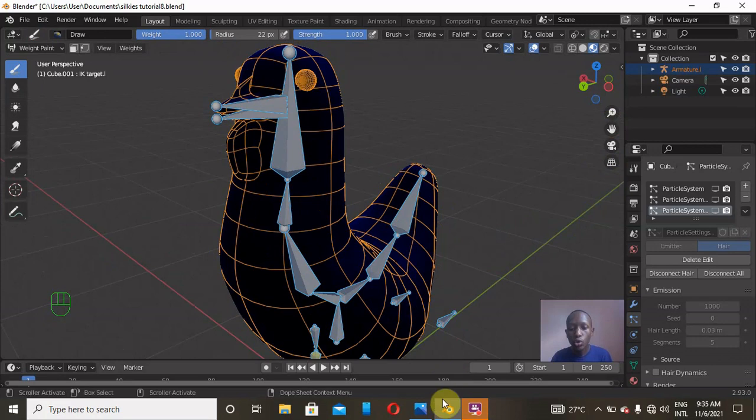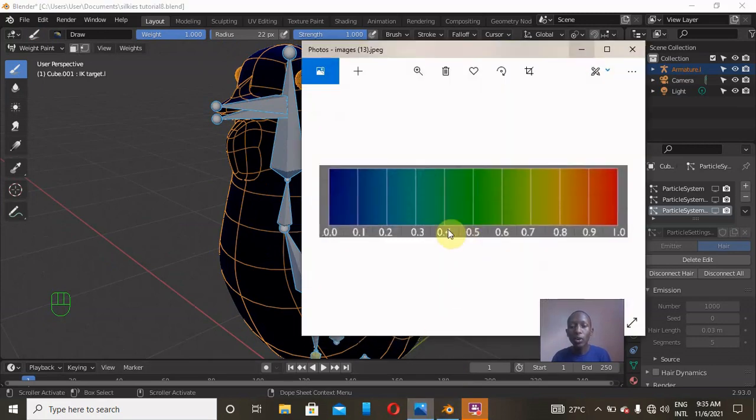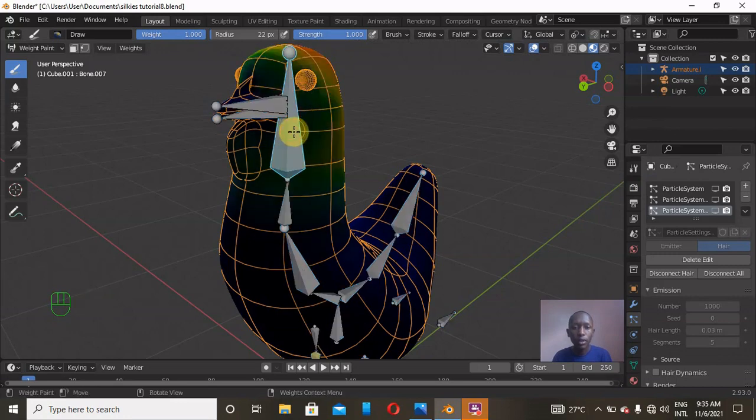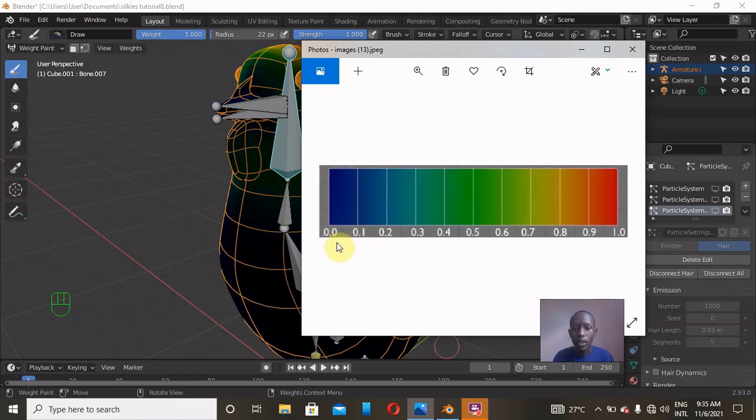So I will also show you a weighting color code. Let's click on this bone by pressing Control Tab and clicking on it. Okay, you see this bone, and if I check this color code, you see it's 0.